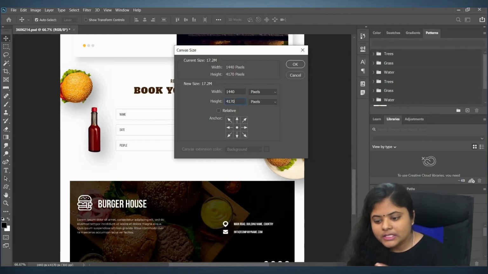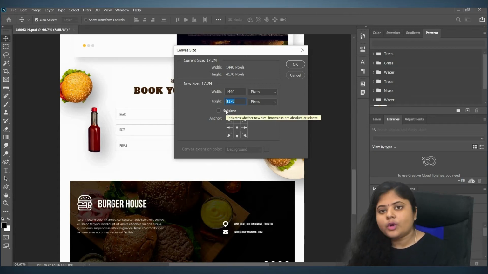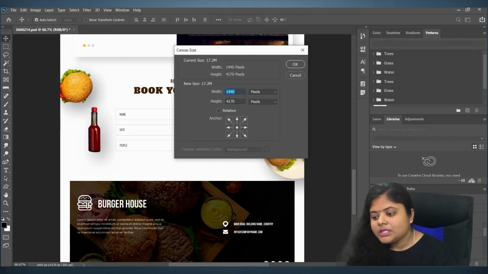I have set this particular image height as 4170, according to my need. This width is common. I commonly use 1440 for website. Website width will be common for all websites. If you want to do responsive, it will be given in CSS coding itself.